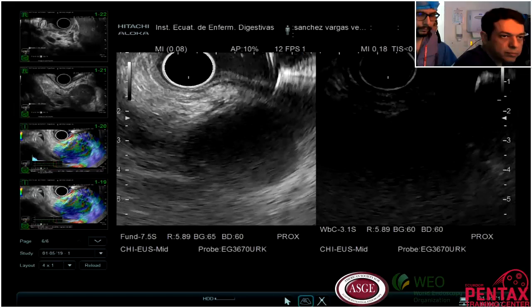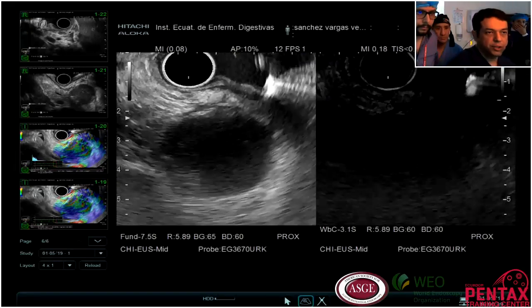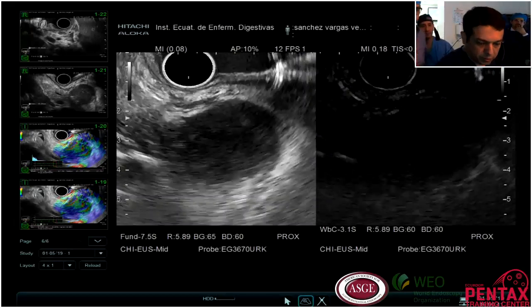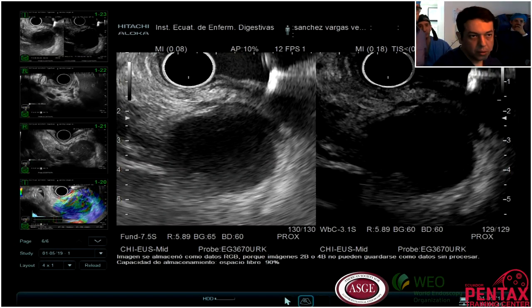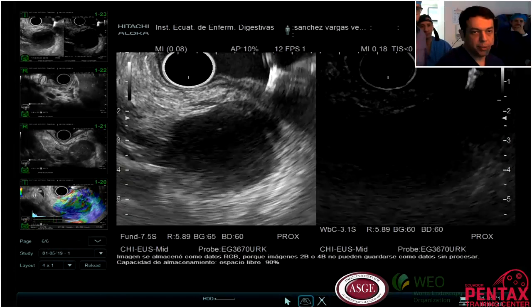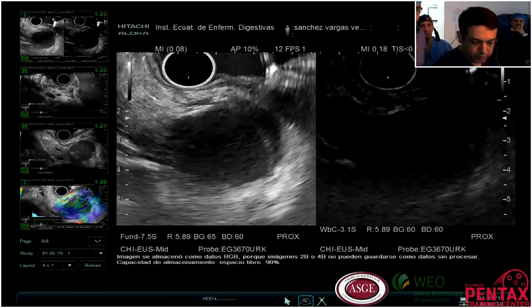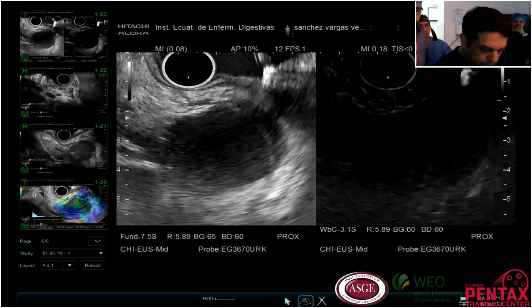So we have the lesion here in the middle. So in your right panel, you will see the contrast arriving. So, puedes pasarlo.